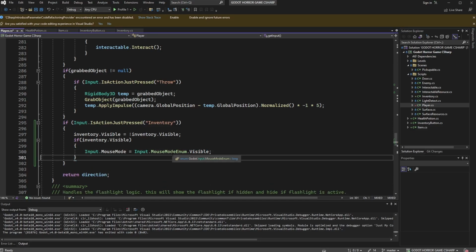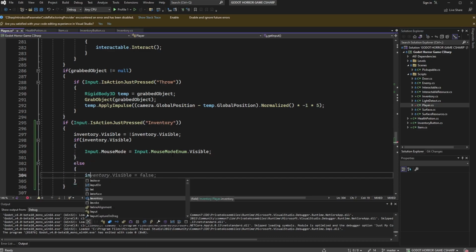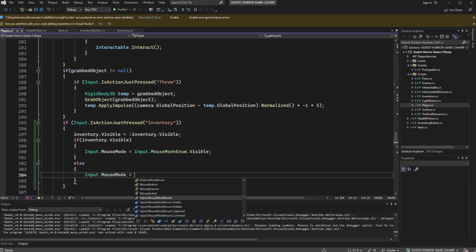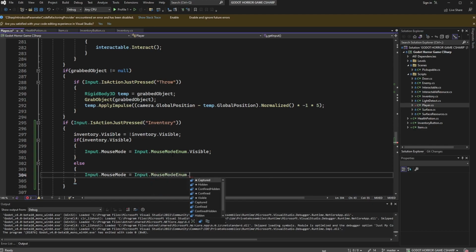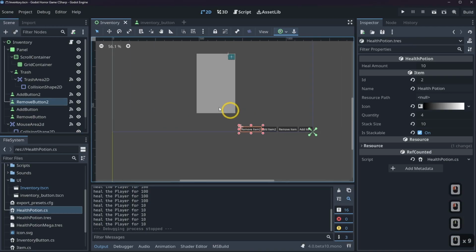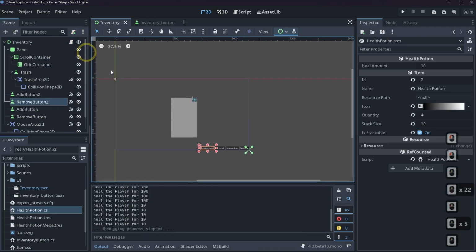Else, if our inventory is not visible, then our Input.MouseMode is equal to Input.MouseModeEnum.Captured. Basically, if our inventory is up, we want our mouse to be visible, and if not, then we don't want our mouse to be visible. Pretty simple. So now if we head back to our Godot project here and we scroll out,